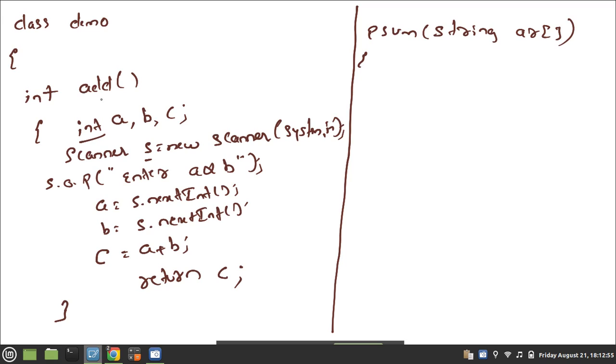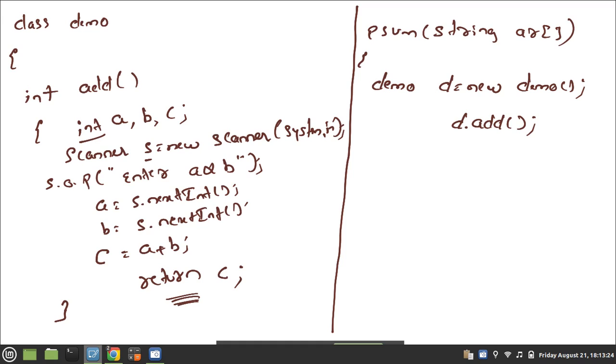This is the instance member, this is the static area, which means I should create the object. So what is the class name? Demo. Demo d is equals to new Demo. What is the method name? Add. So d dot add.